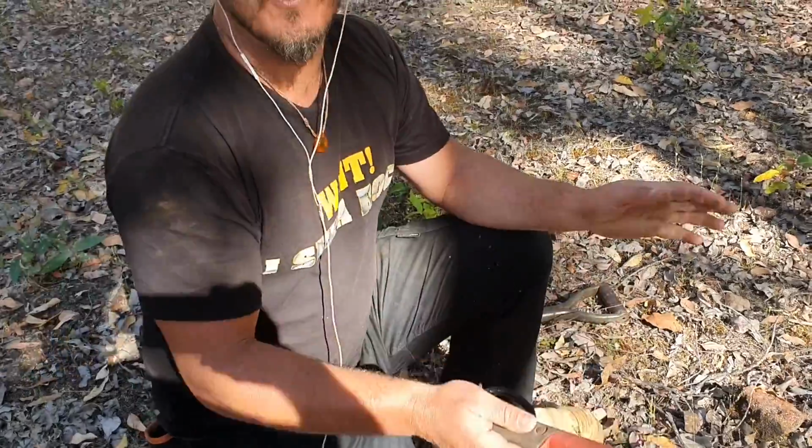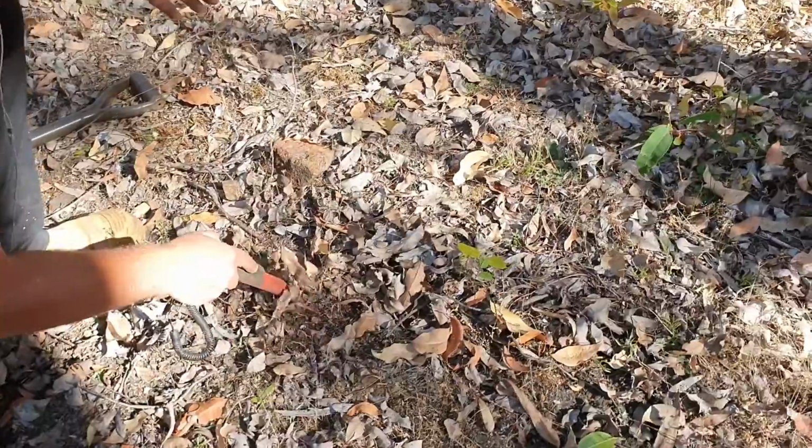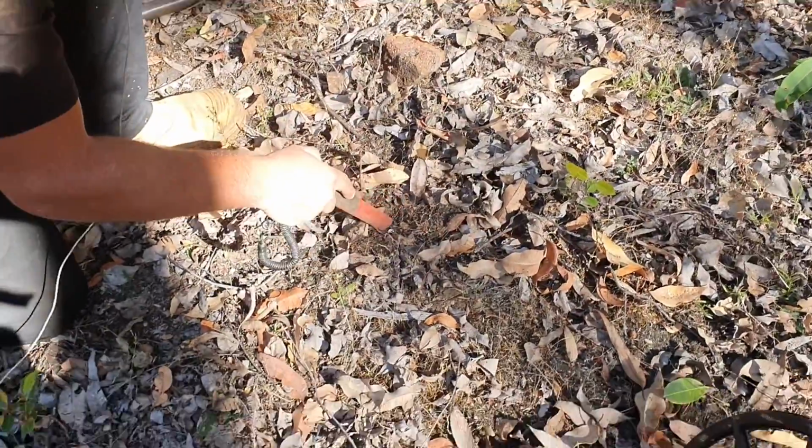Alright, so Levi's calling out to me. He's got his first find, so we'll head over to him and see what he's got. It's only a 12. There's no new stuff in this area. I'm still digging it, but